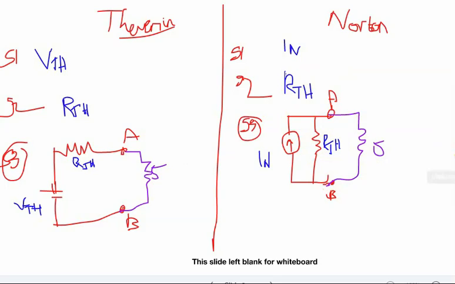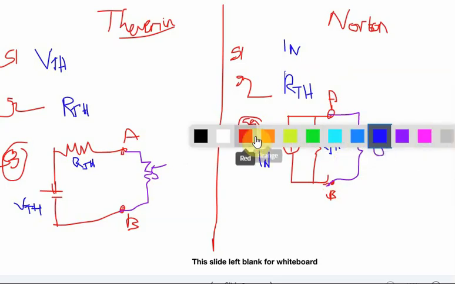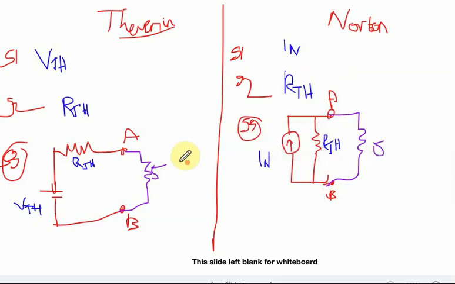After completing the three things, what do you want to do? You want the flow of current through the load, so the load current IL. You need to find out the load current. What is the method to find the load current here? You use Ohm's law. What does it say? I is equal to V by R.